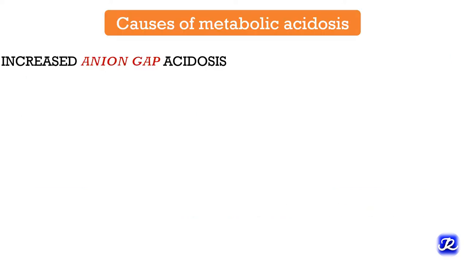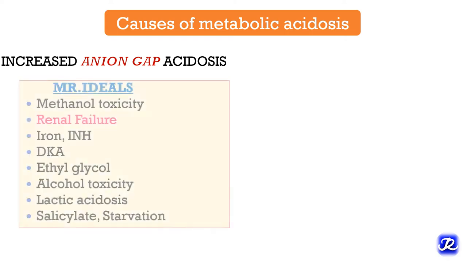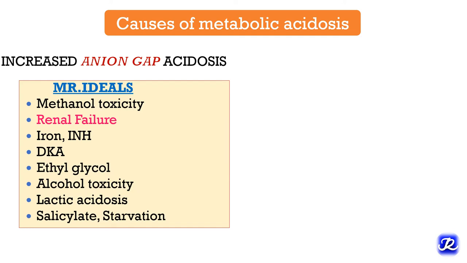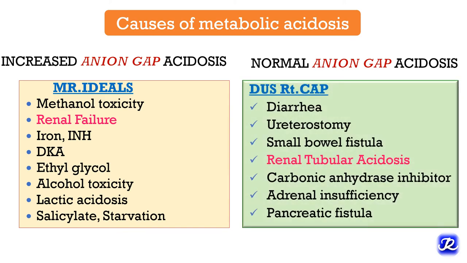So now let's see how the causes of metabolic acidosis are classified. Increased anion gap acidosis is seen in conditions like methanol toxicity, renal failure, iron and isoniazid (INH) toxicity, diabetic ketoacidosis, ethylene glycol poisoning, alcohol toxicity, lactic acidosis, salicylate poisoning, and starvation. Normal anion gap acidosis is seen in diarrhea, ureterostomy, small bowel fistula, renal tubular acidosis, carbonic anhydrase inhibitors, adrenal insufficiency,